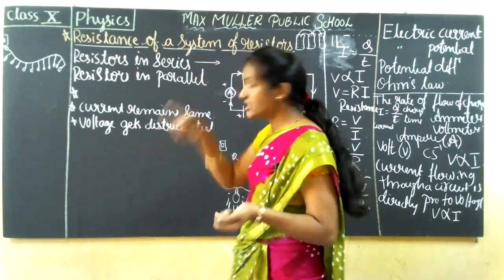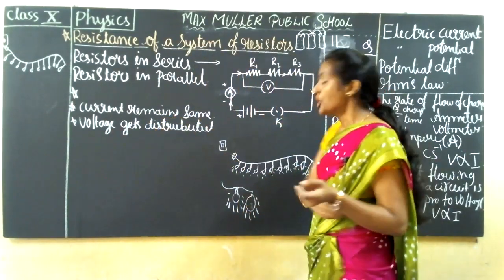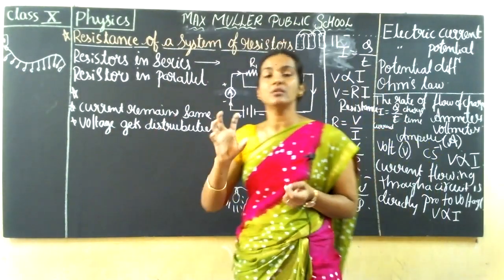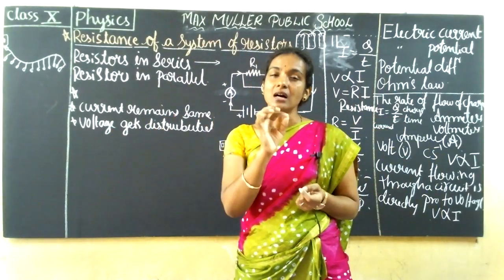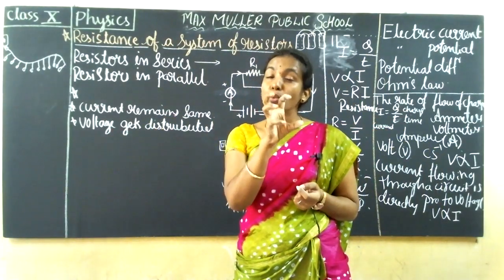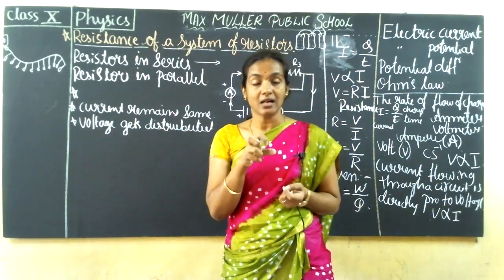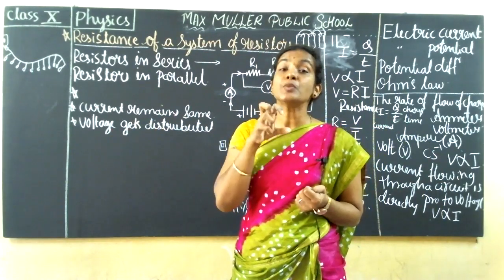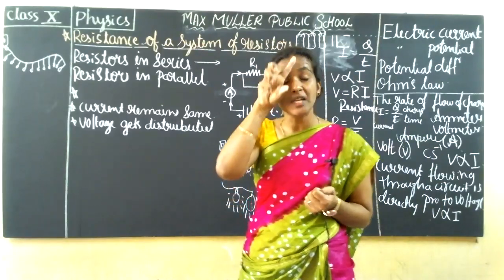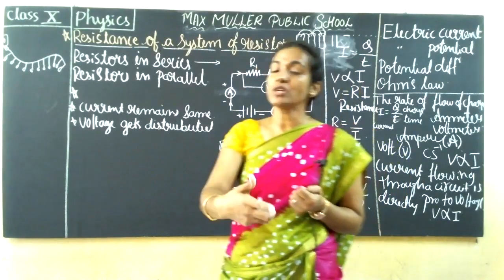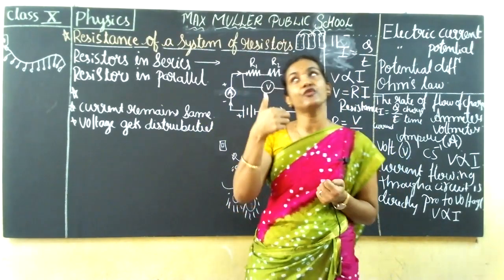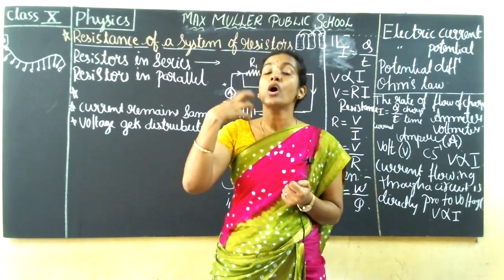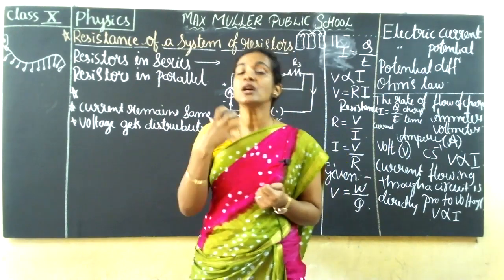As I explained, when you have bulbs connected continuously, obviously all the bulbs will glow, but you can see a little difference in the brightness, isn't it? That is because of what? While explaining potential difference, I asked you, when you switch on the tubelight, it will take a few seconds to glow. It depends on the voltage.